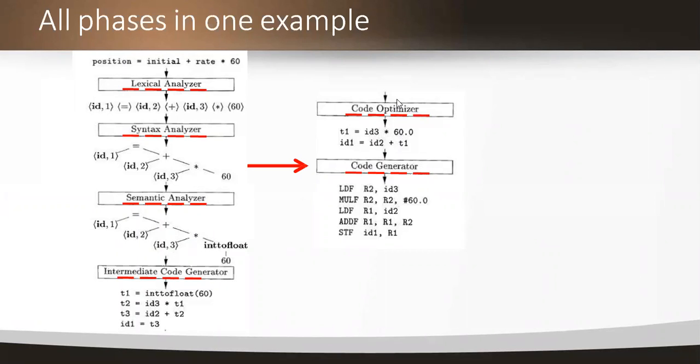How do we improve the efficiency? By minimizing the lines of code. At the place of generating the intermediate code representation, we have 4 lines, and after applying the optimization technique, we have 2 lines. But here also we are doing the reverse technique, checking id1 is equal to id2 plus t1, where t1 is stored with id3 into 60.0, and I am replacing t1 with id3 into 60.0 here. Then finally I am getting an input source.